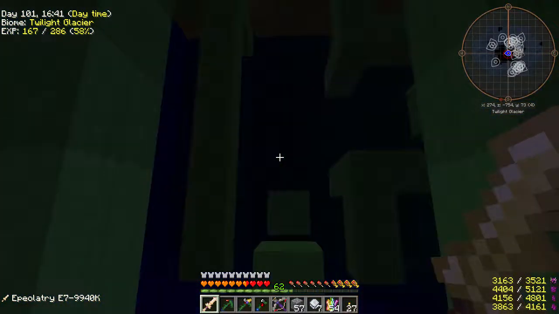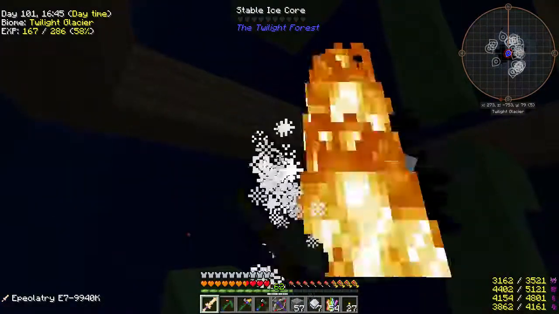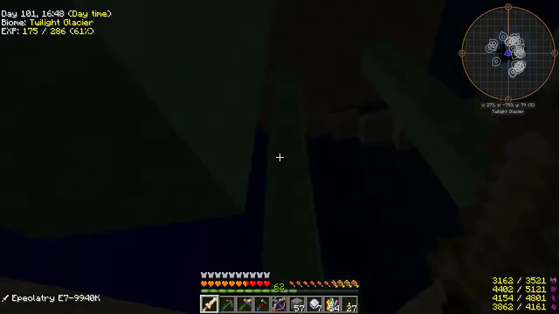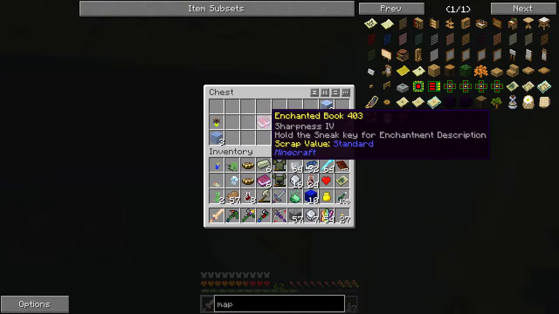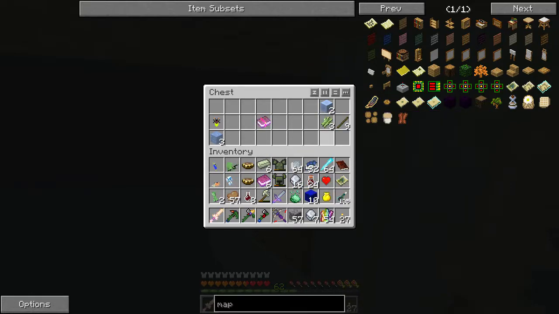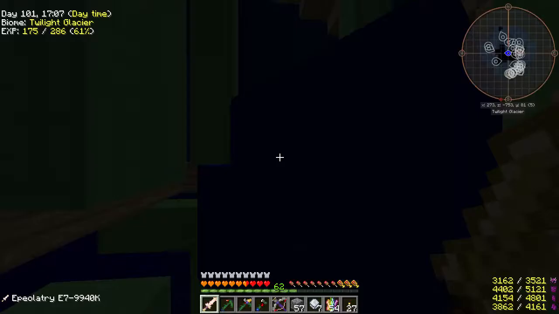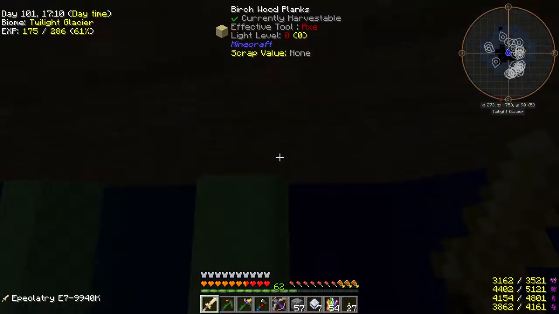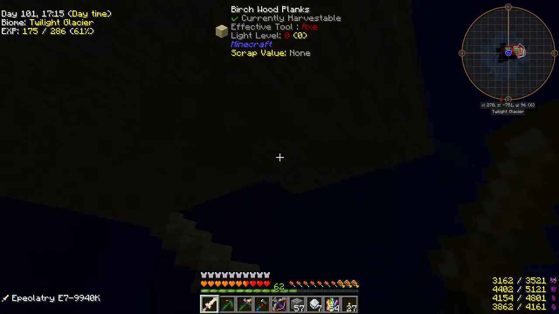We're going to vein mine. But there are stable ice cores. And then there's the worst. I love this stuff. Sharpness 4 books. That's nice. Okay. I don't really need this right now. We'll use those later. But anyways, you kind of just got to make your way up to the tallest tower,